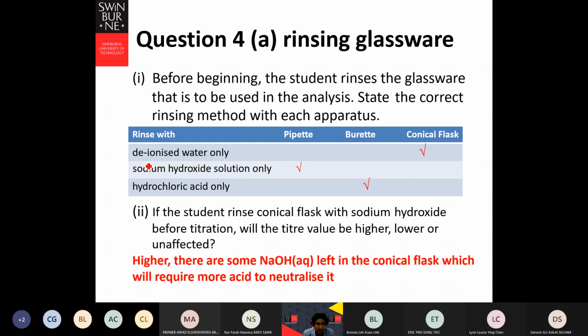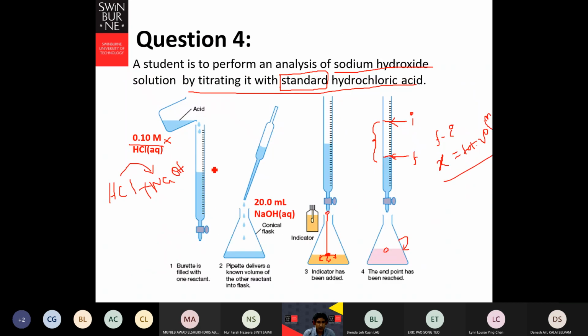For pipette, we will be using deionized water. For conical flask, we will be using the deionized water, because in the conical flask, we will hold the samples. We'll keep the samples or do the reaction there. And for the pipette, the example we saw just now, this is a pipette, right? We are measuring the sodium hydroxide, and